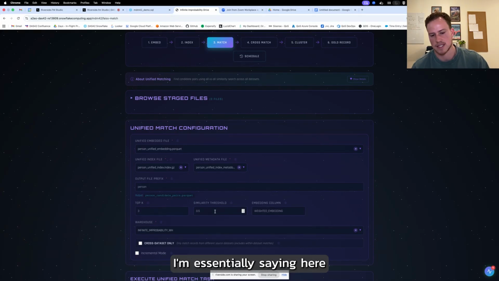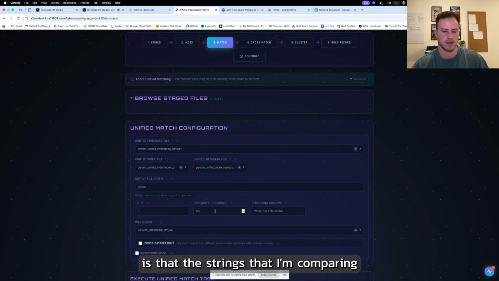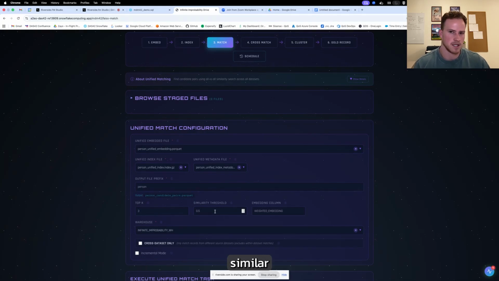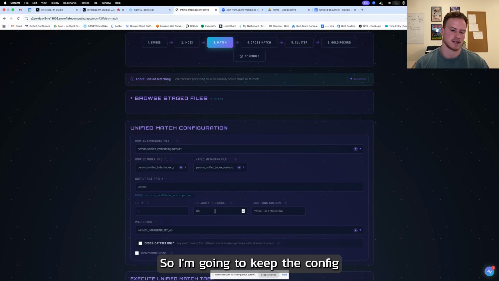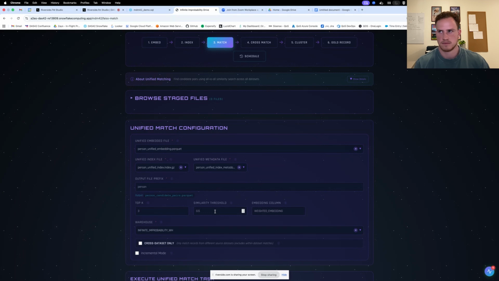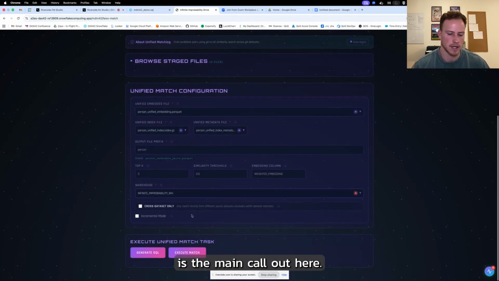What I'm essentially saying here is that the strings I'm comparing have to be at least 50% similar in order to make it to the next step as a valid match. I'm going to keep the config as default for now, but the main callout here is that the user would have a lot of different knobs to turn for any given use case they're working on.